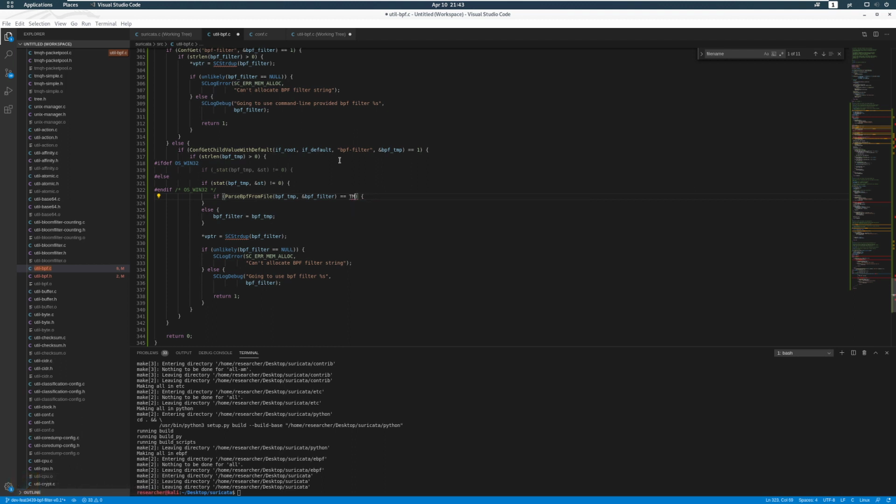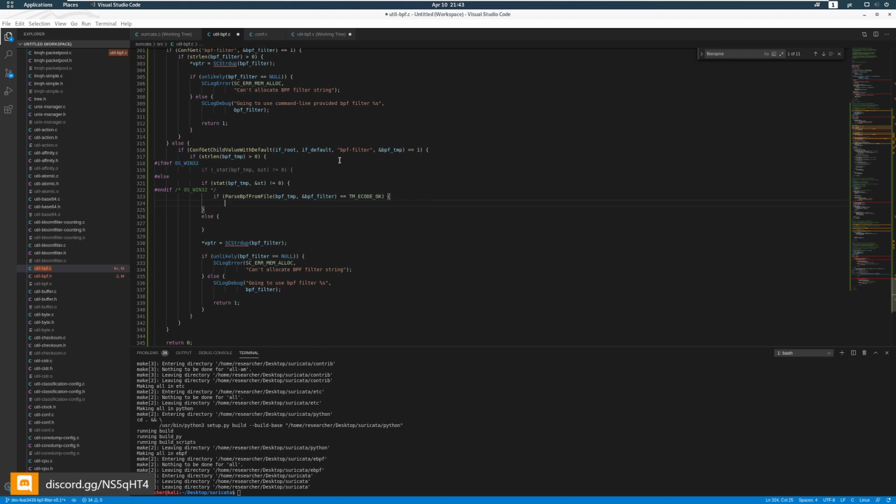TM eCode, okay. Then I set the filter. If it fails, then